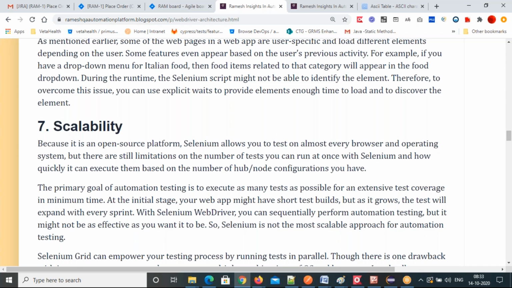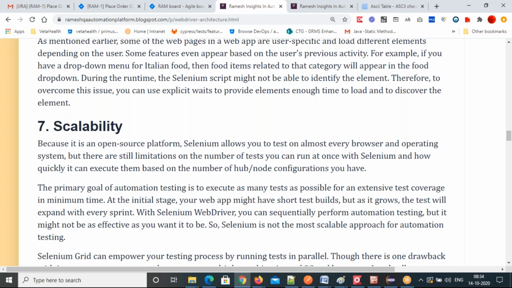The primary goal of automation testing is to execute as many tests as possible for extensive test coverage in minimum time. That's the automation goal, right? You have to give more coverage and execute your test cases in less time. At the initial stage, your web app might have short test builds, but as it grows, the tests expand on every sprint.